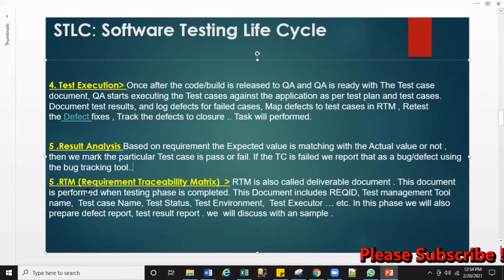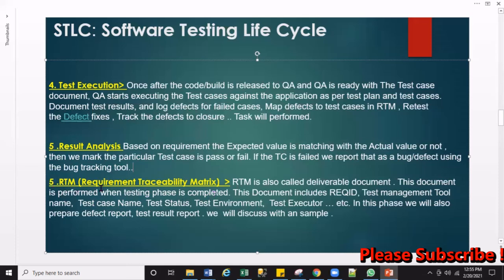It is called requirement traceability matrix. What does it mean? Let's read and then understand. All right. RTM is also called a deliverable document. This document is prepared when the testing phase is complete, when all the testing is complete and all the defects were fixed.